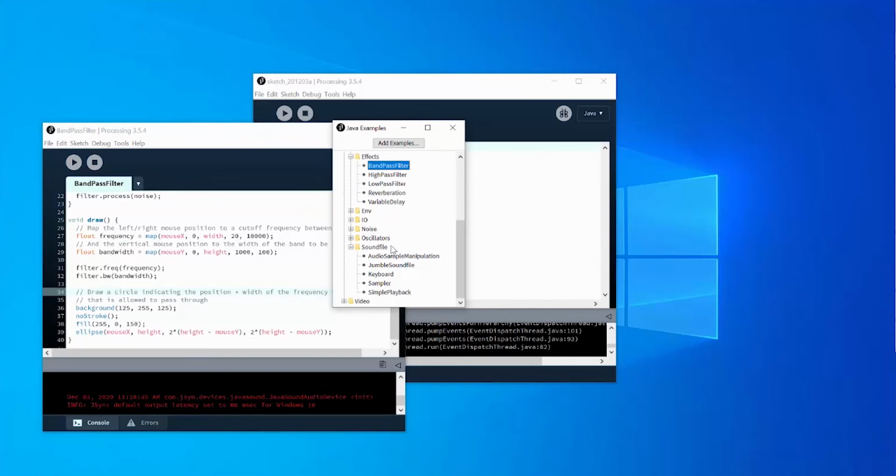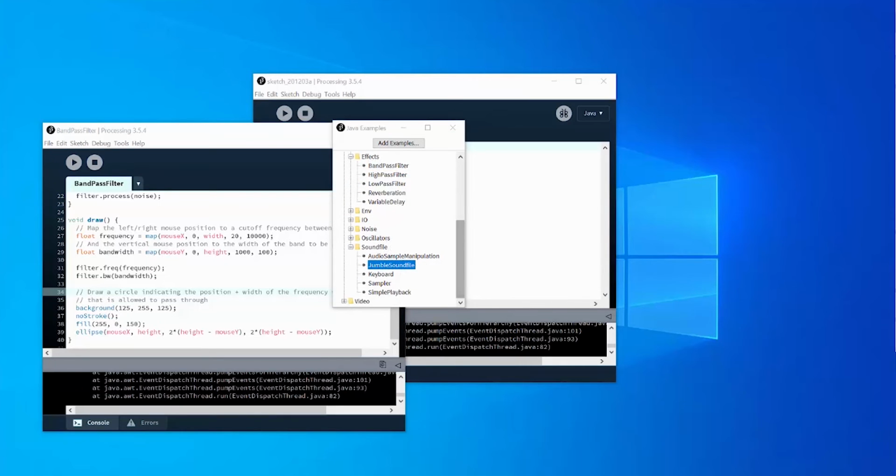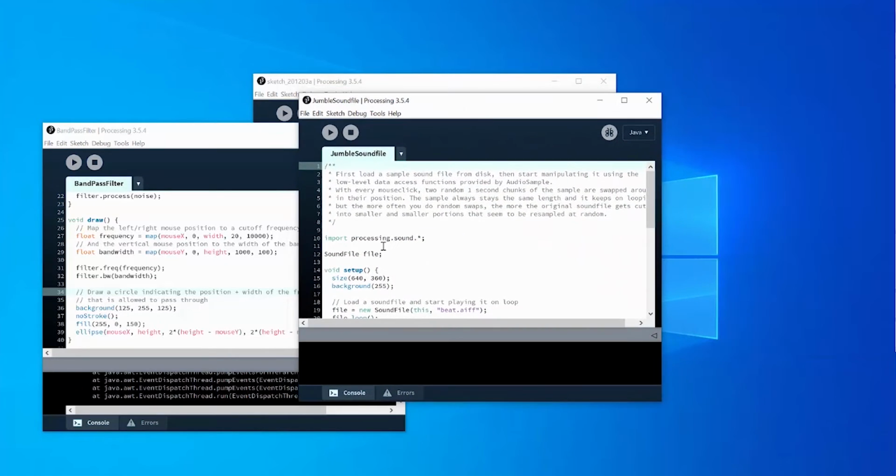Now let's try another one. This one's kind of cool. It jumbles a particular sound file. So you can see all that setup in here too. And then it tells you that it's going to take a sound file and every time it mouse clicks, it